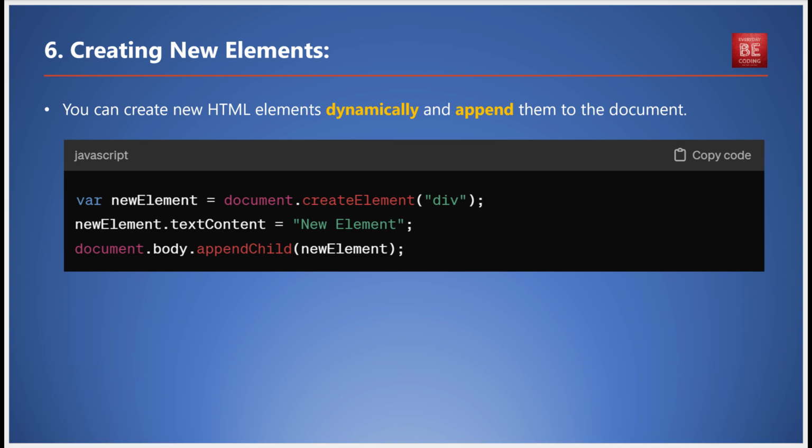Finally, creating new HTML elements dynamically and appending them to the document is also possible. Here's how to create a new div and add it to the body of the document. var newElement = document.createElement("div"); newElement.textContent = "new element"; document.body.appendChild(newElement);